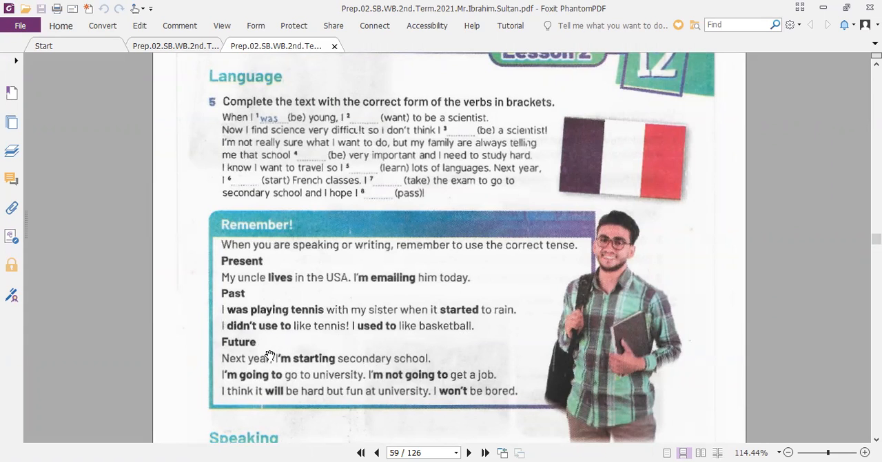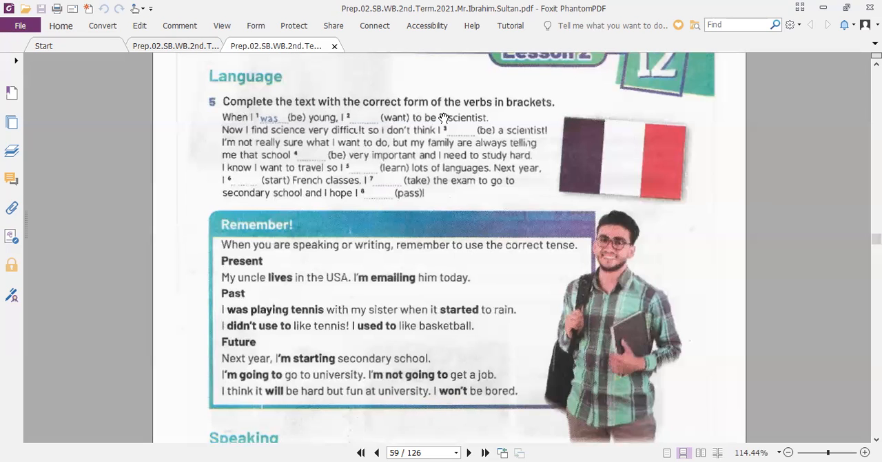And we have 3 ways to talk about the future. We can say next year I'm starting secondary school. We can use the present continuous to express future. Okay, and also we can say am or is or are plus going to plus infinitive to talk about plans. Like for example, I'm going to go to the university, I'm not going to get a job. And we can also use will plus infinitive to talk about the future. Like for example, I think it will be hard but fun at the university, I won't be bored. Okay, so